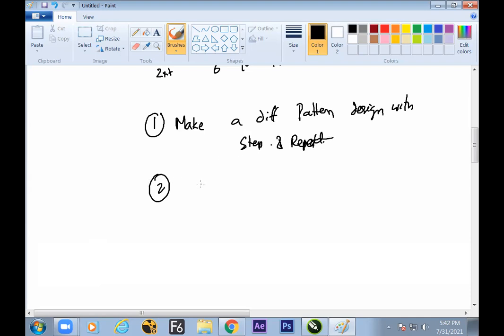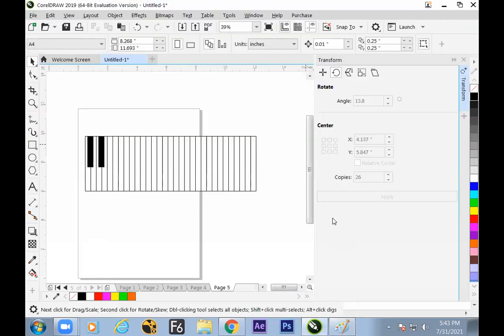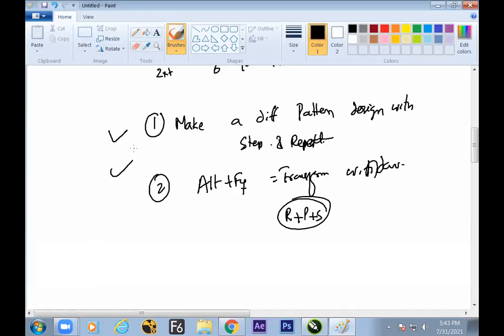Second, use Alt F7, that is the transform window, where rotation, position, scaling, all the things work together. Is it clear? Two tasks on your screen are visible. Now, any questions you can raise.